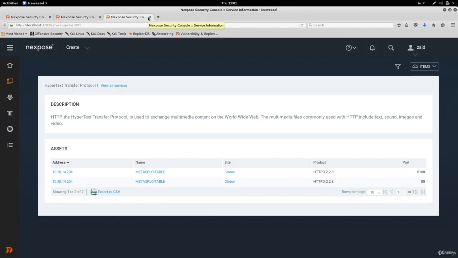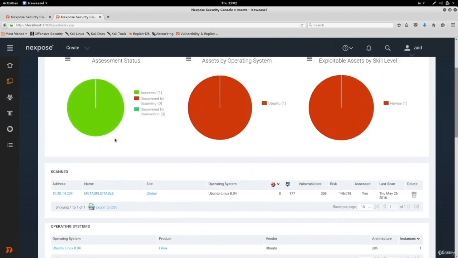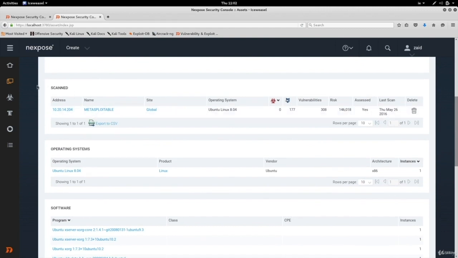If you click on any of these services, you'll see that it'll give you more information about it. For example, it's an HTTP service, a description about it, and the ports that it's running on. So we can see that HTTP is running on port 80 and on port 8180. Now let's go up, and if we wanted to have a closer look at the vulnerabilities, we can go to